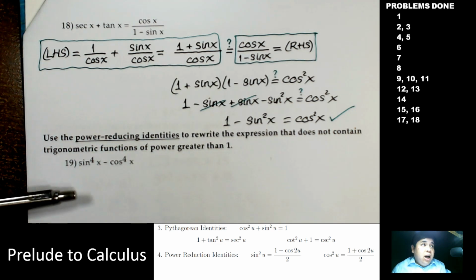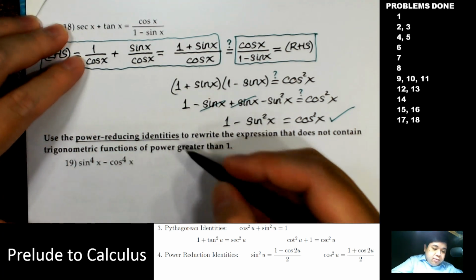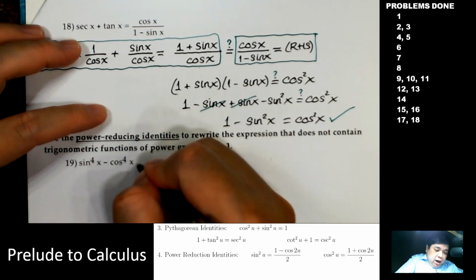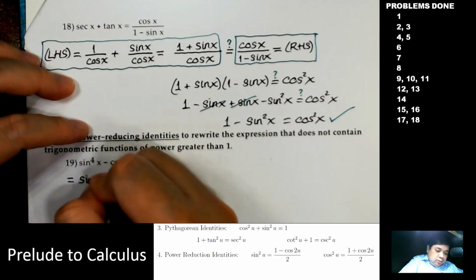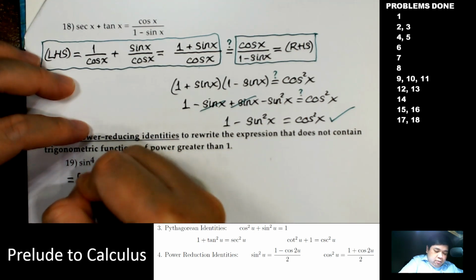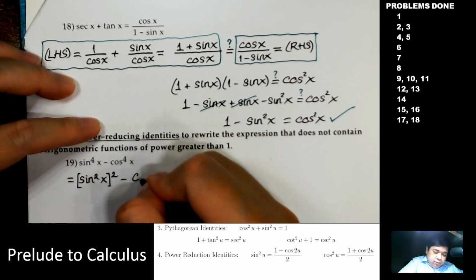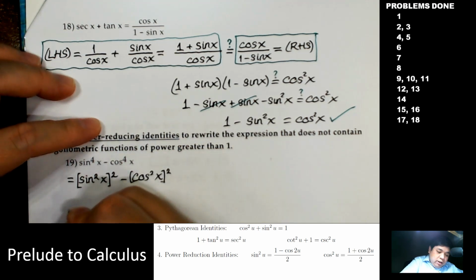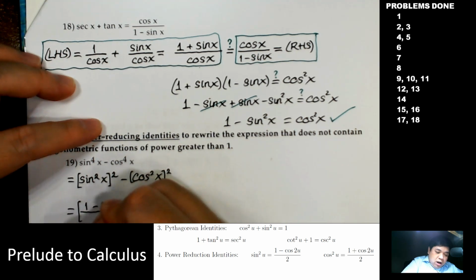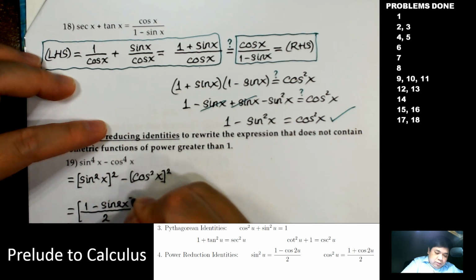Next we have this. For this one we use the power reduction identity. So first we start with sine to the fourth, which is sine square, squared. And the sine square is 1 minus cosine of 2x over 2,